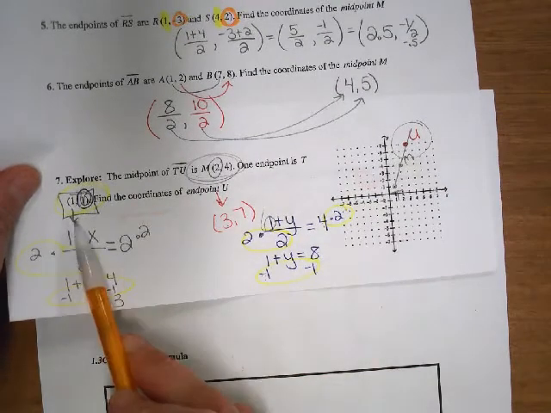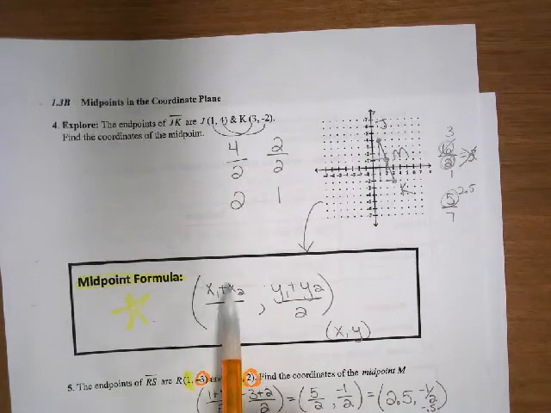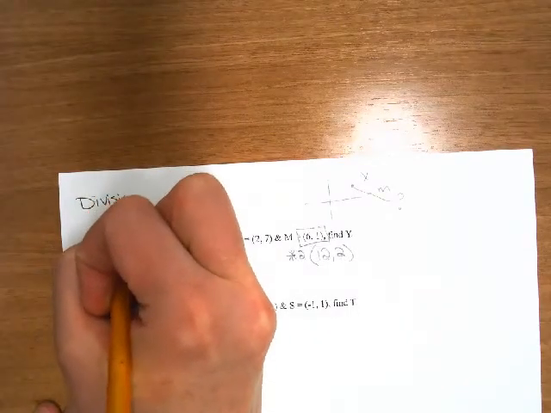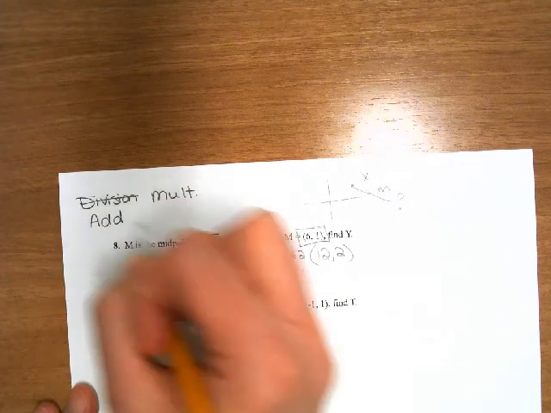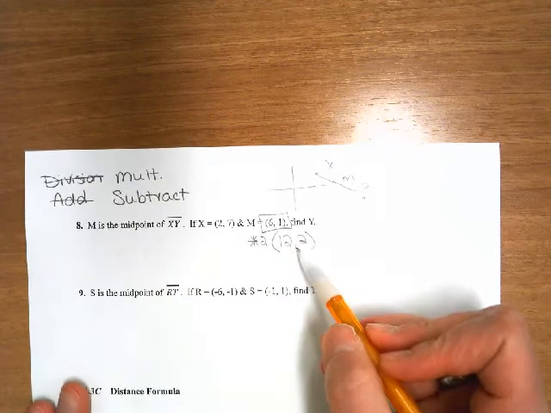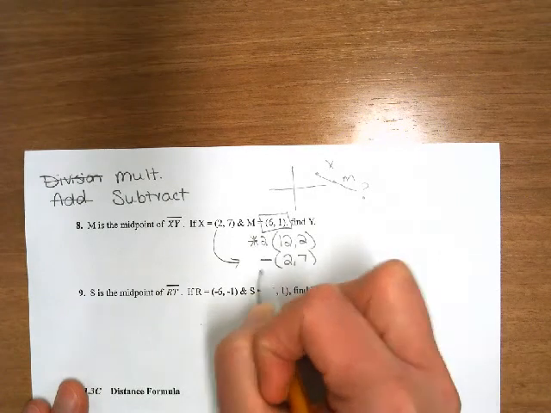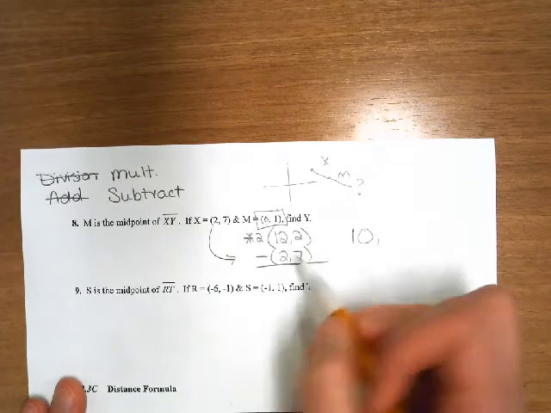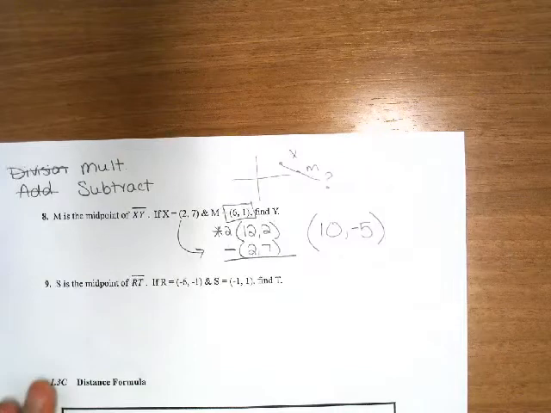Then we subtract, see how it says subtract? We're going to subtract the other endpoint. See, the formula is you divide and you add. So basically, we're doing the formula backwards. Instead of division, we're going to multiply. Instead of addition, we're going to subtract. So I've multiplied by 2, and now I'm going to subtract the other endpoint. And so 12 minus 2, I'm just writing over here so I have a little more space, and then 2 minus 7,